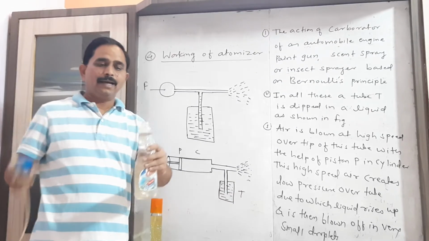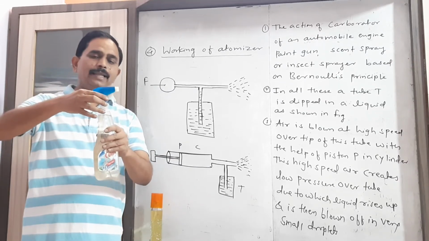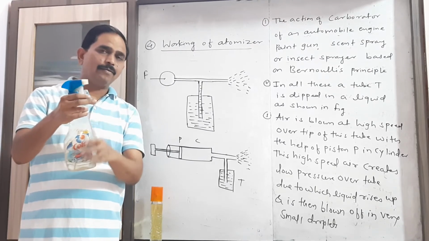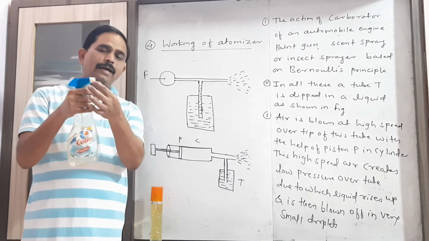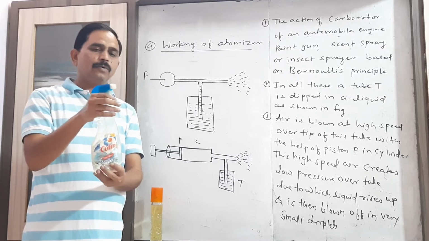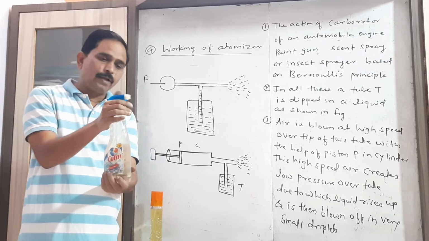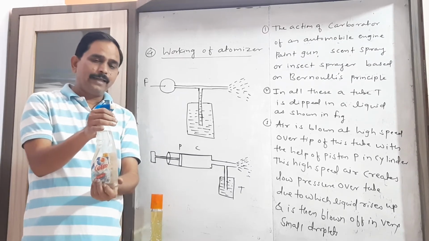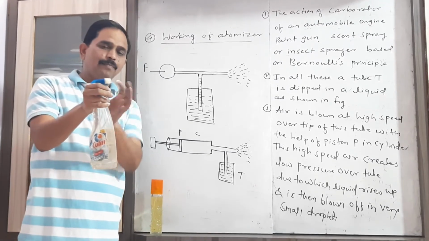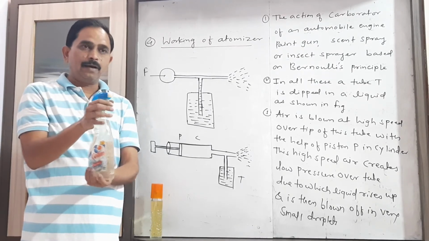This one is considered as a liquid tank. This is the tube which we dip in that tank, and we consider this one is the part from which we apply the pressure, and this one is a nozzle through which that fluid is given out. So when we apply the pressure on that particular part of the atomizer, what happens? The liquid from that small tube rises up because of the pressure difference, and that's why this liquid will be sprayed up.